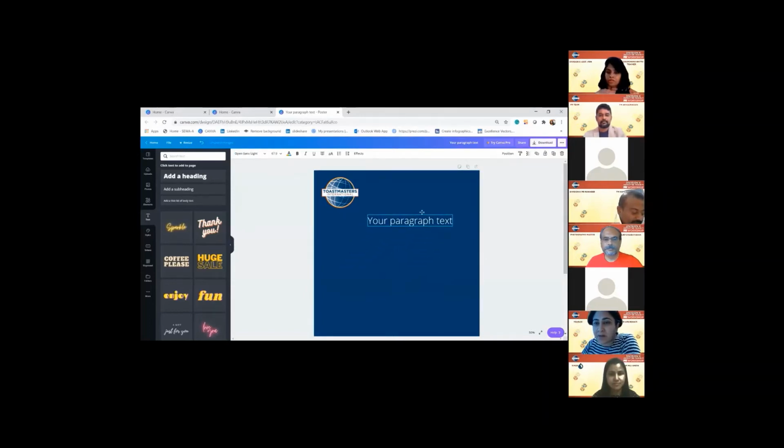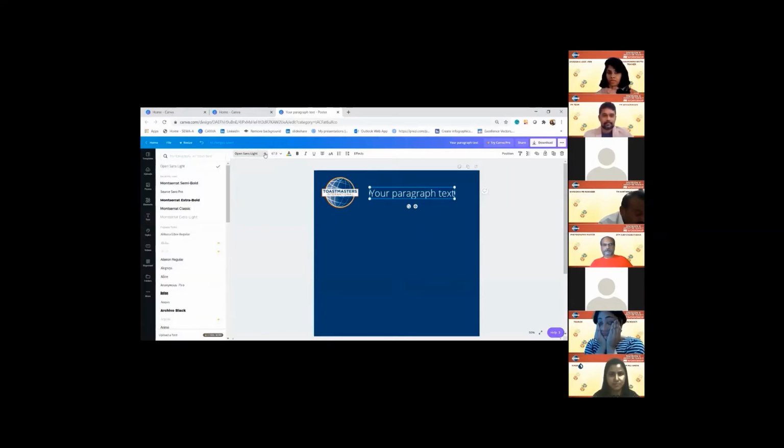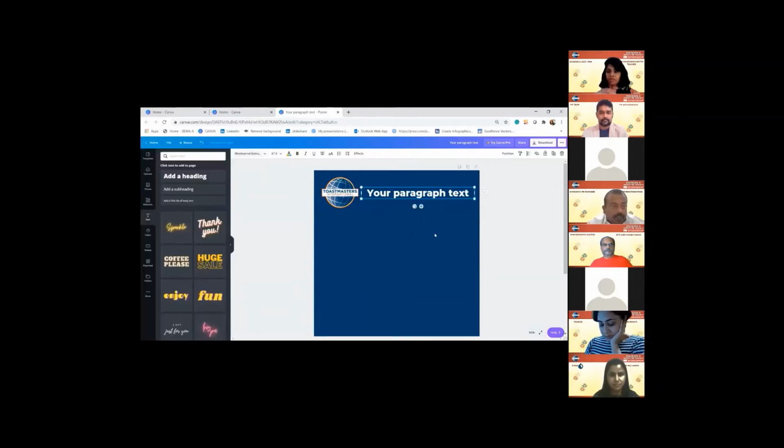We hold the feature and bring it up. Now, if you see, the text is not as per our TMI brand lines. So we will go to this icon, click on the drop down, and this is a free feature. So we cannot upload Gotham Bold or Miratt Pro, but the alternatives are Montserrat. So we will use Montserrat for the headings and subheadings, and we will use Source Sans Pro for the body.